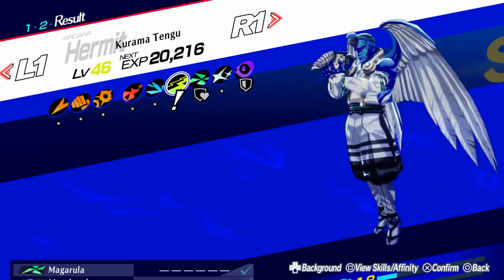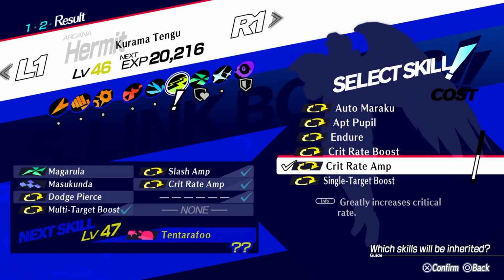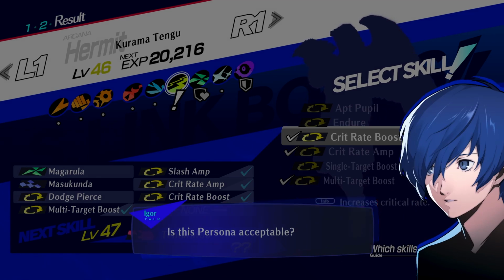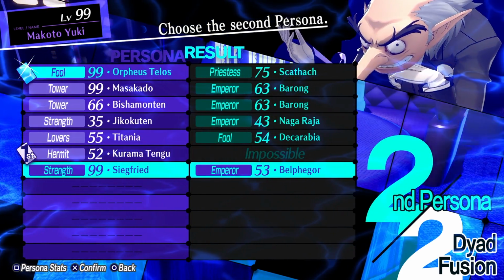Next, we'll fuse Kurama Tengu. We'll use Queen Medbee with Siegfried, who has Slash Amp and Crit Rate Amp, but we only need Slash Amp because Masakado learns Crit Rate Amp naturally. We'll get Kurama Tengu. Next, grab Siegfried out of the compendium again and fuse him with Kurama Tengu to make